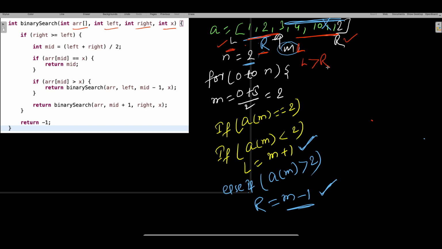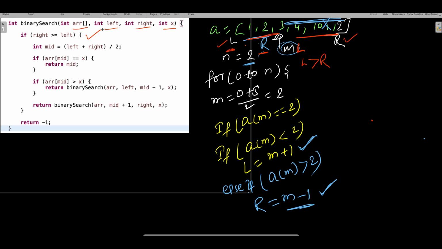There is no case, because always when you divide the array, your first index is going to be the lowest one, the last one is the highest one, and in between you will find the middle one. So your lowest will always be lesser than the right index. That is the precautionary measure we have written, that yes, it can be equal at some point of time, but it will never be more than right. So these are our conditions.